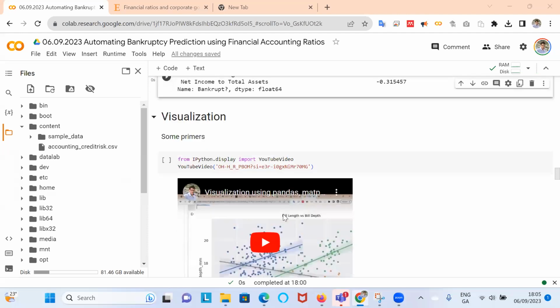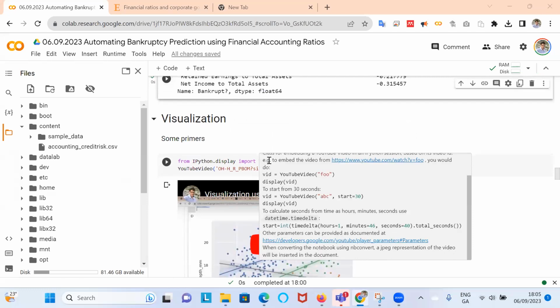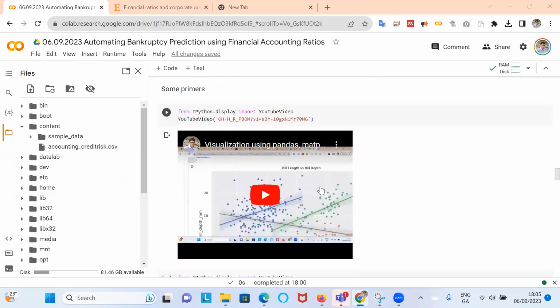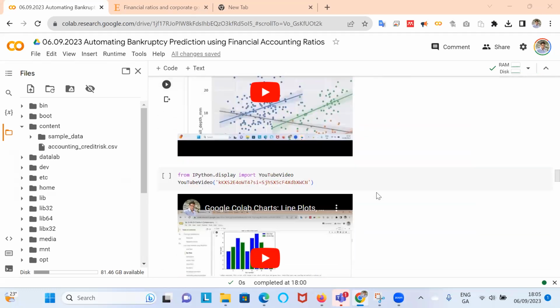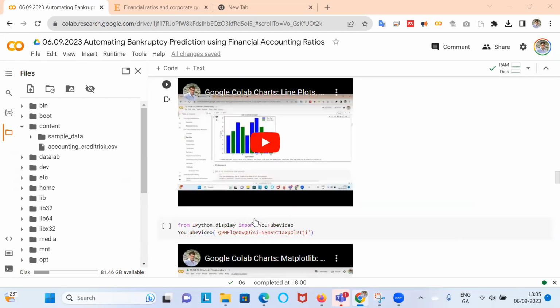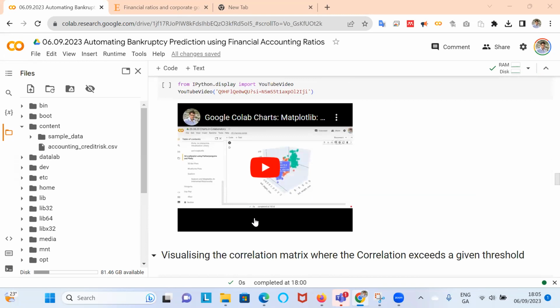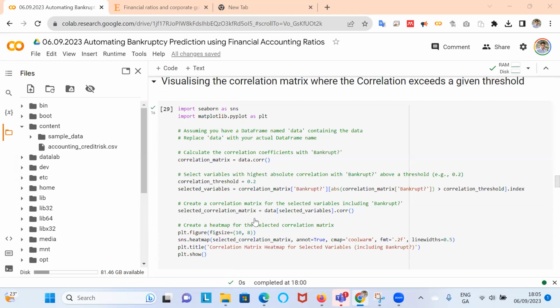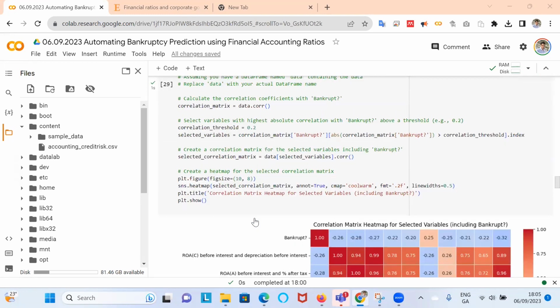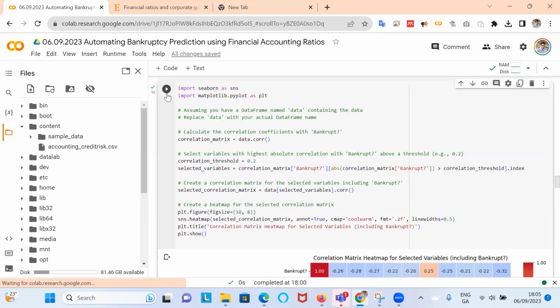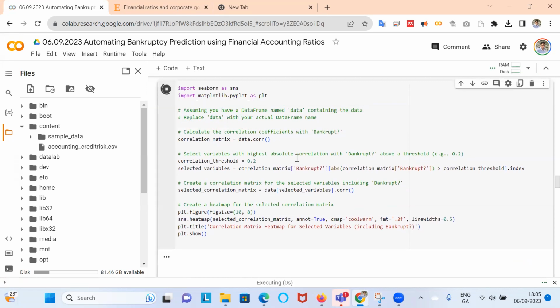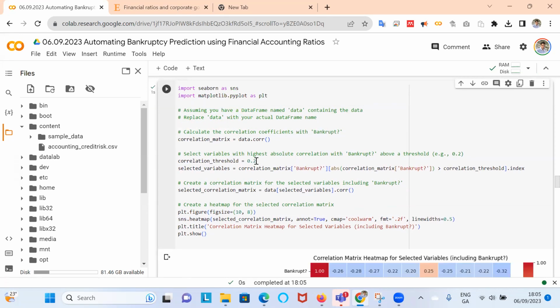Okay, so if you want some more primers on visualization, you can follow the link. And I set up pretty much what's available on the Google Colab charts as well, for 3D type subplotting. Okay, so in our case, we want to just map out. We fine-tuned, again in a very crude way with a very arbitrary threshold, a correlation of 0.2.